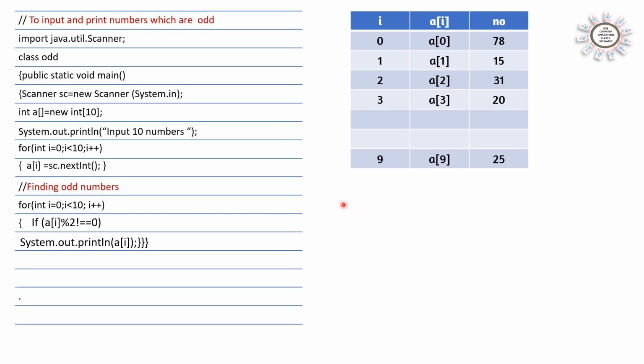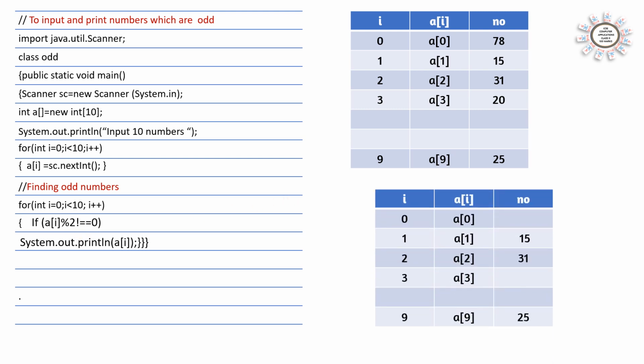And now the next part of the program is find the odd number. So once again start the loop 0 to 10. And now if A of I modulus 2, here if we are saying I modulus 2, the index number or position will be taken. If we are saying I modulus 2, that means position of even or odd will be taken. But when we are saying A of I, here in this case the numbers will be taken. So once again, I means index or position or subscript, and A of I means the particular number. And if A of I modulus 2 is not equal to 0, if it is not an even number, print the number. So like this we can find.